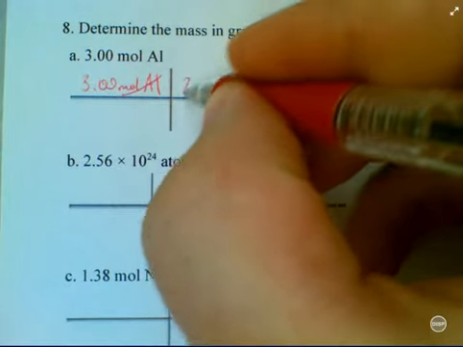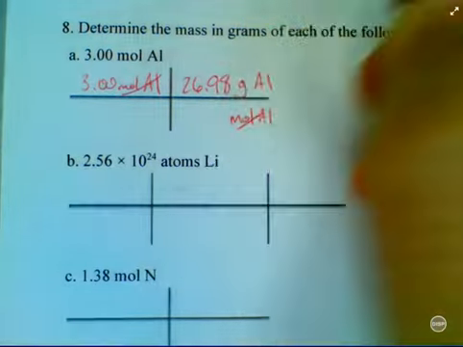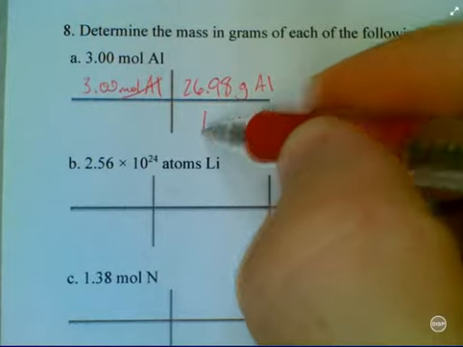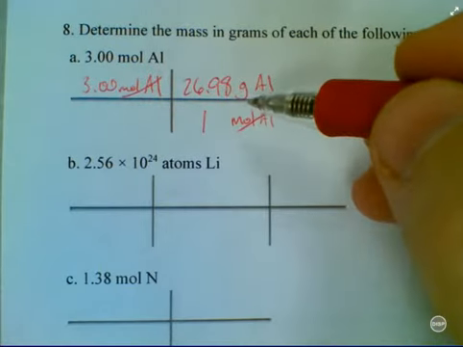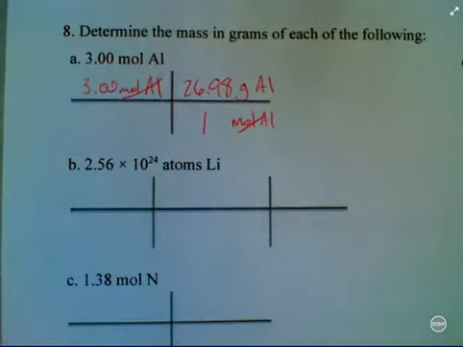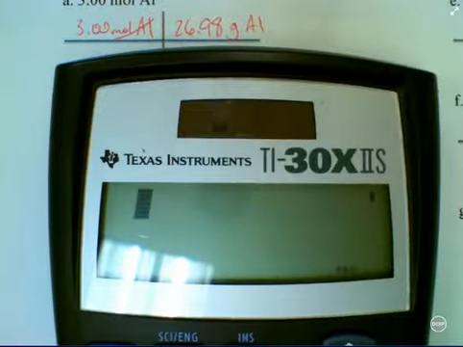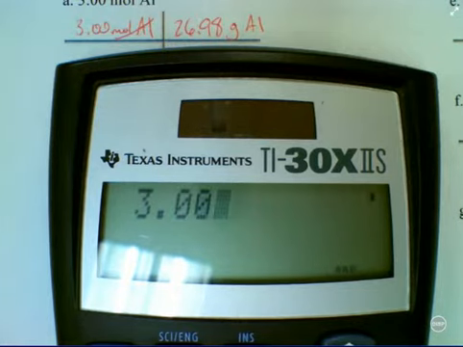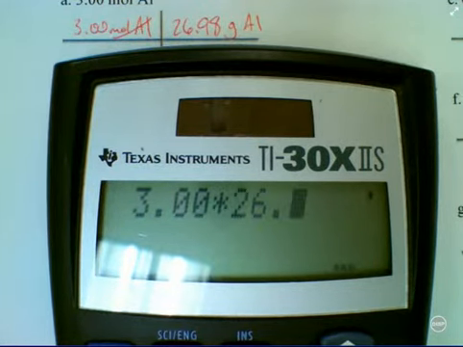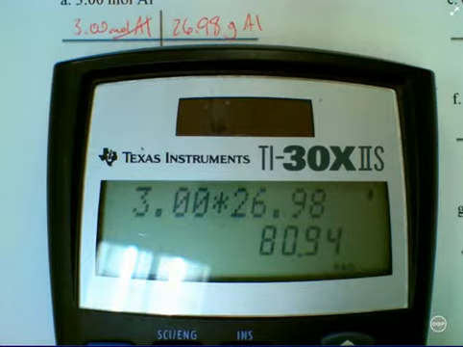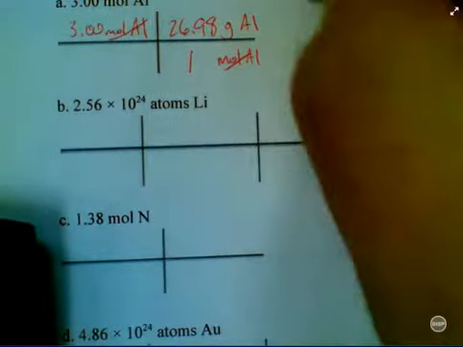26.98 grams per 1 mole, right? In 1 mole, there's that much mass. And I now have what I need to plug into my calculator. So, get my calculator in here. 3.00 times 26.98. We end with